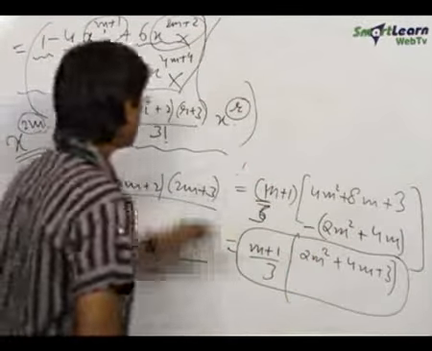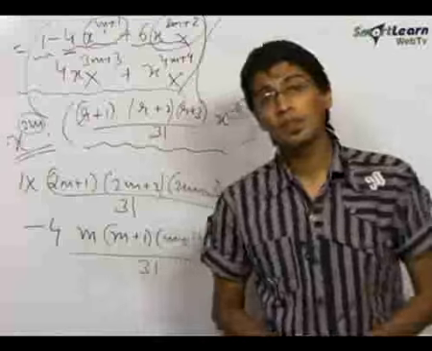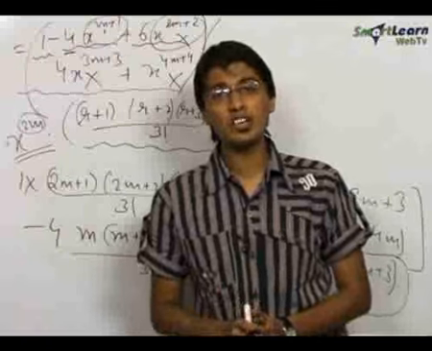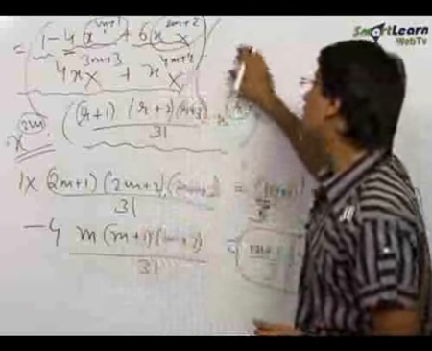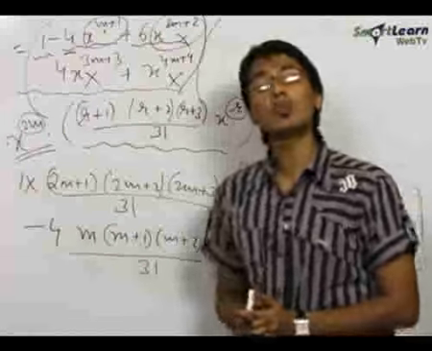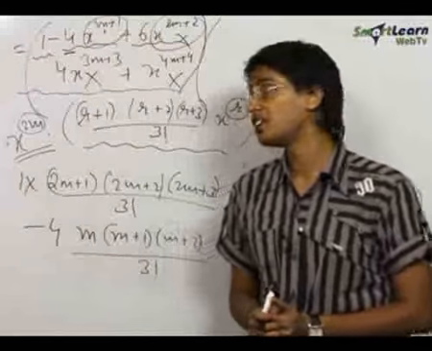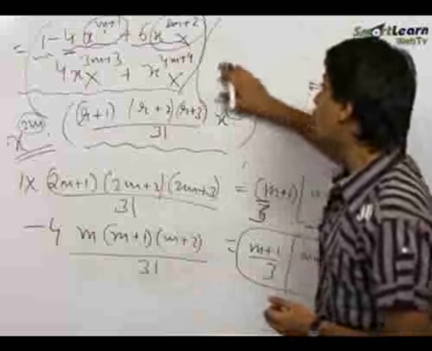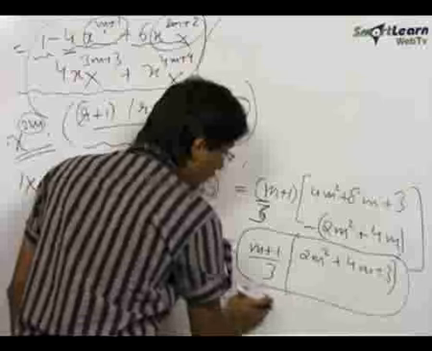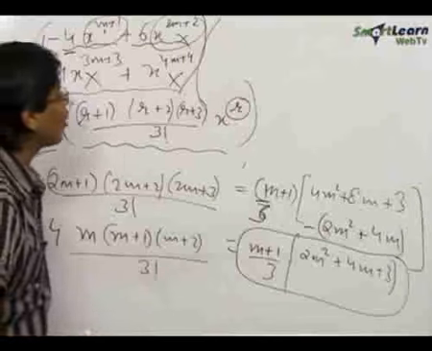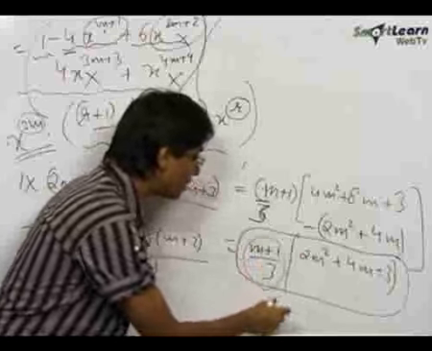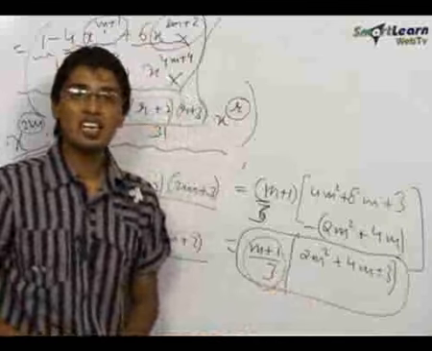And hence in this problem we saw that this question was a bit tricky. It was not solved by the usual methods which we apply in permutation combination problems. This was a very unique combination and a very important problem as far as the combination of binomial theorem and the chapter permutation combination is concerned. This problem was solved using the concepts of binomial theorem, and hence we obtained the final answer: the number of ways in which a person can get 2m marks in an examination is m plus 1 upon 3 into 2m square plus 4m plus 3, and this is our final answer.